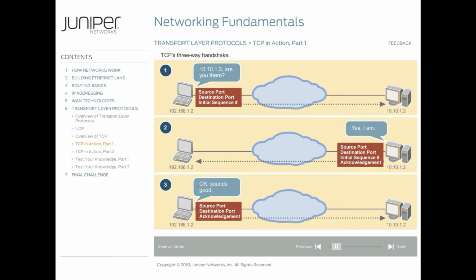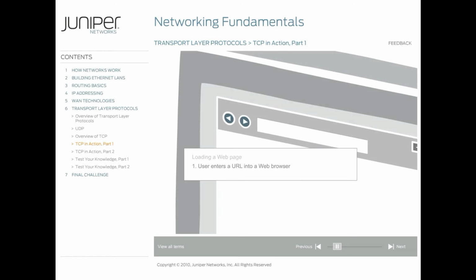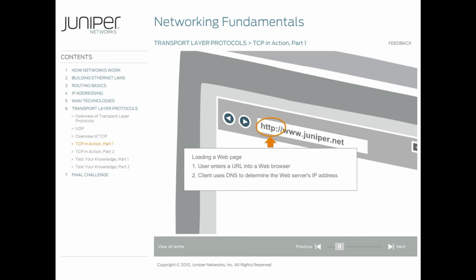We'll continue to use an example of a PC or client connecting to a web server. Earlier we learned that when a user enters a URL such as http://www.juniper.net into a web browser, the PC or client must first use DNS to determine the web server's IP address. The first part of the URL, http://, tells the PC which application layer protocol the web browser is going to use once the client knows the server's IP address. Because the browser is using HTTP, a TCP-based protocol, the client must first establish a TCP connection